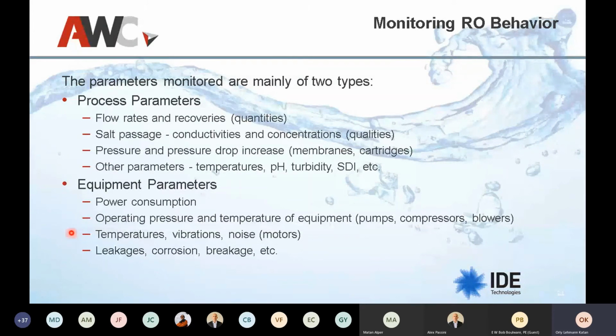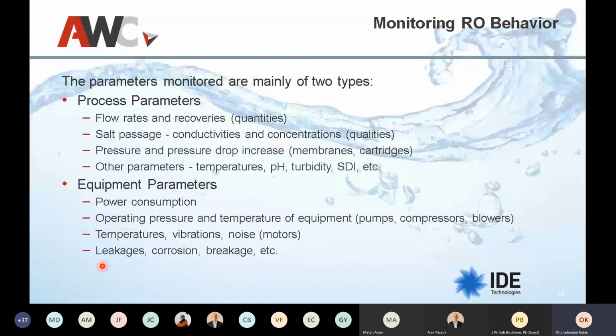And more parameters are the equipment. We have to make sure that the equipment, the pumps, are giving us the power consumption that they were supposed to, that we're operating at the right pressures and temperatures. As far as the equipment, that there is no increase in temperature, vibration, or noise on the motors. And again, physical things like leakages or any